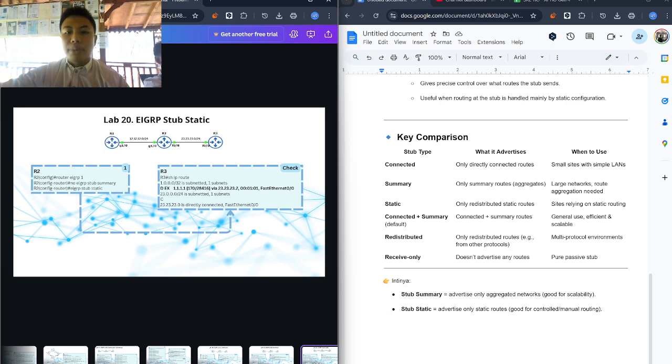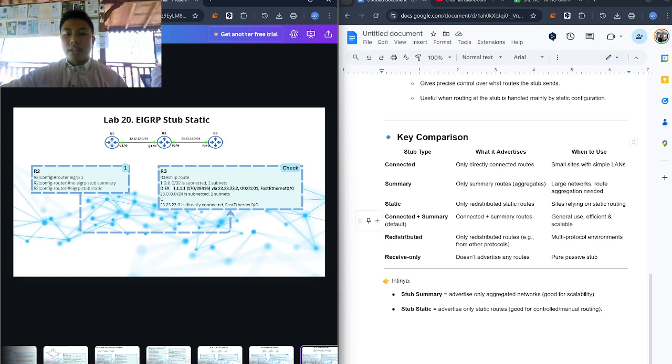This is the key comparison of stub options. Connected only advertises directly connected networks of the router. Summary only advertises summary routes, aggregates, and is used when large network route aggregation is needed. Static only redistributes static routes, used when the site relies on static routing.